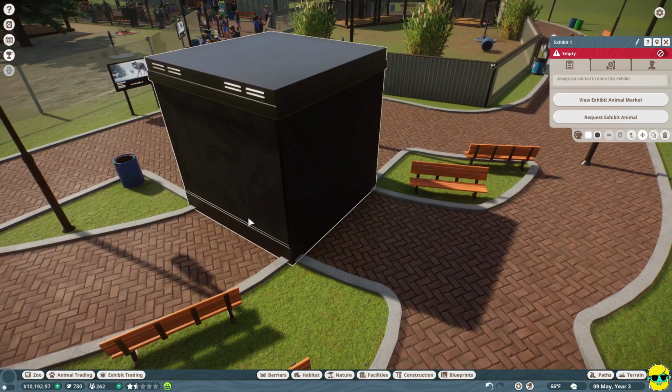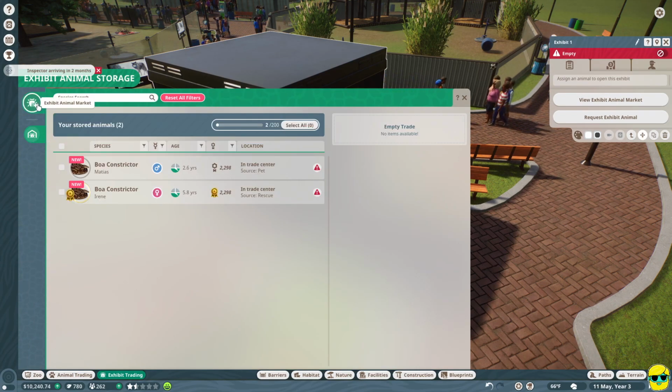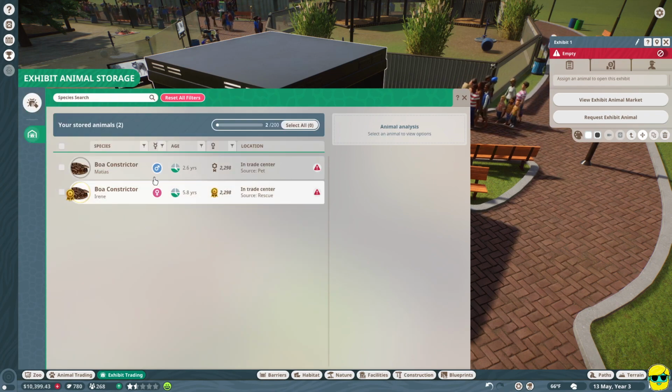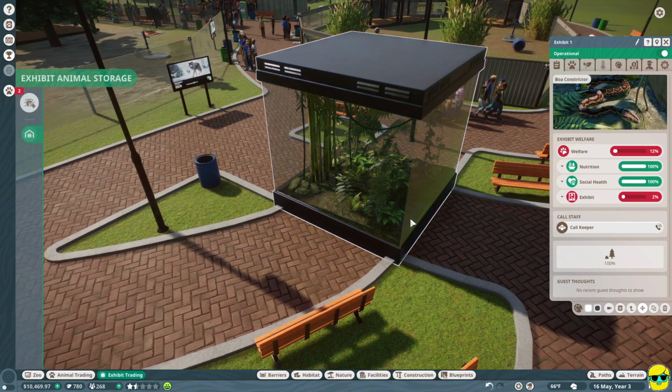Now, I'm going to go here and click on this, and I can say, all right, view animal, exhibit animal storage. It's right below the animal market. There's a button for your storage. You can just go down here, and you can see these 2 boa constrictors. I'm going to select them both, okay? And I'm going to say send to the zoo, and I'm just going to select this, and I'm going to pause the game